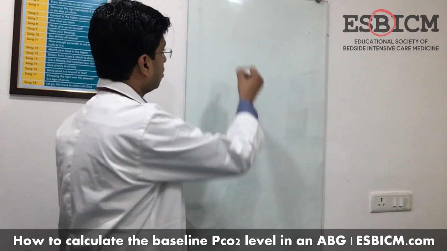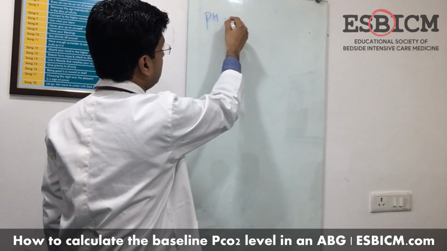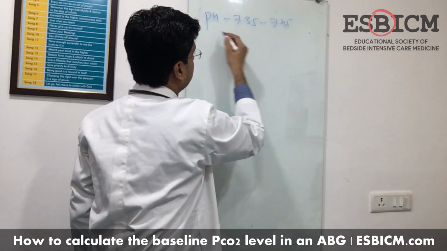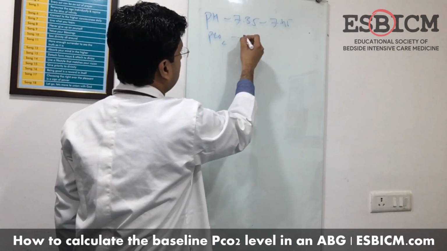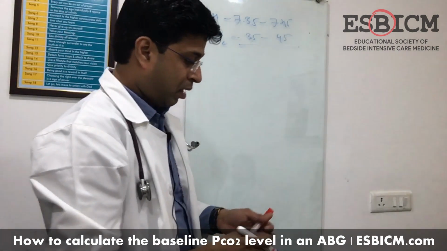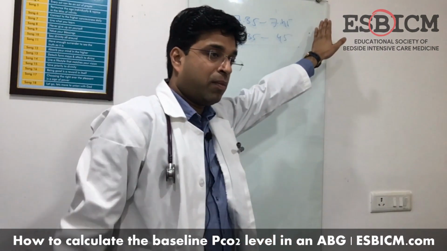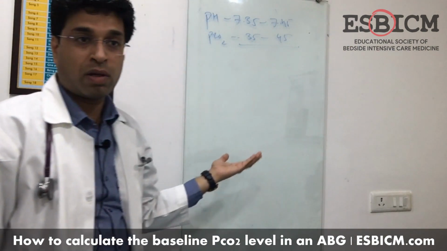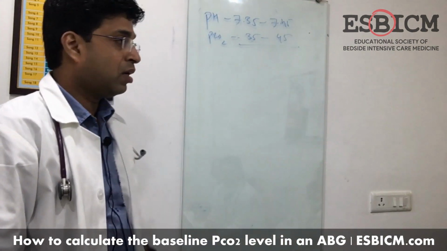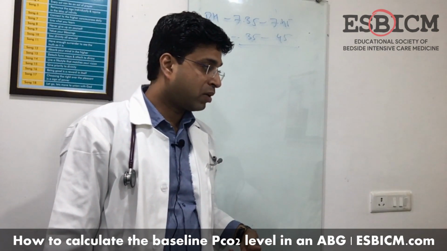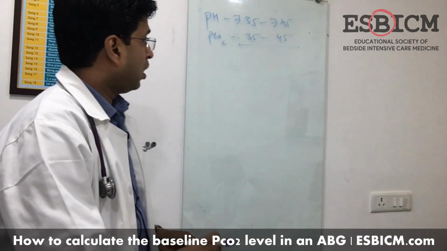So, pH range is 7.35 to 7.45. PCO2 is also 35 to 45. Now, any PCO2 level above 45 can be either acute, or chronic, or acute on chronic. Why acute on chronic? Because the lung surges very fast, the kidney takes time to recover. That's why, in acute